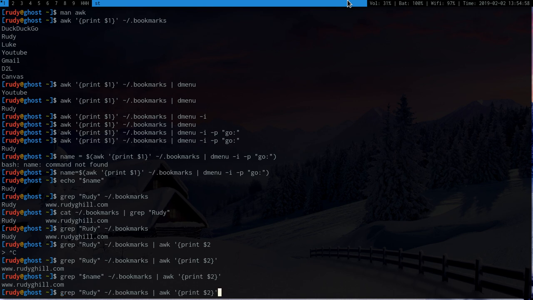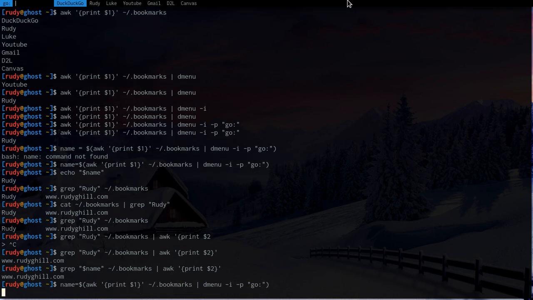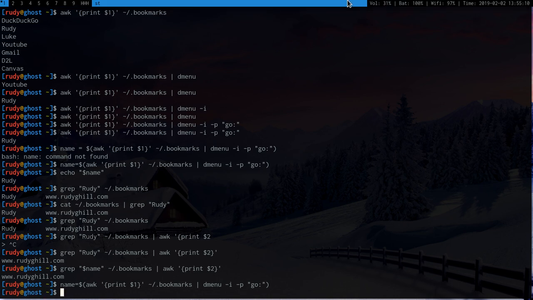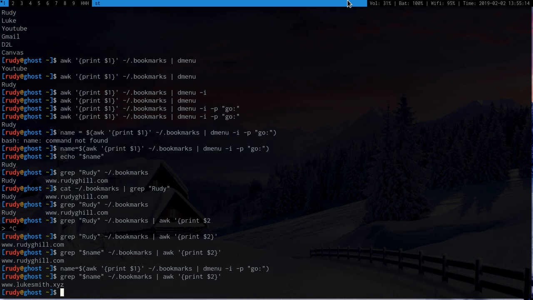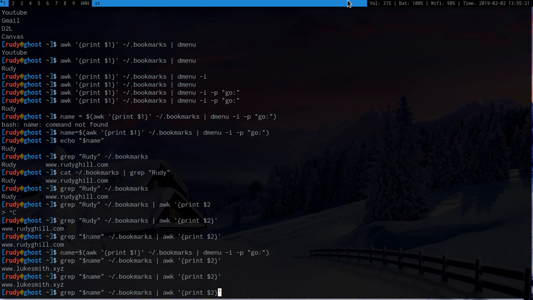Same thing. So let's go back. So let's run this line again. Let's go to Luke. Okay, so now the variable name changed, and if we run this again, it'll return LukeSmith.xyz. Okay, perfect. So similar to what we did last time, assigning a variable name, we are going to assign a variable name to this line, which, by the way, returns